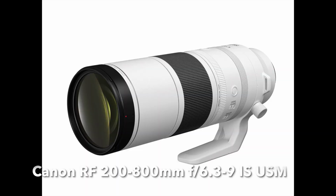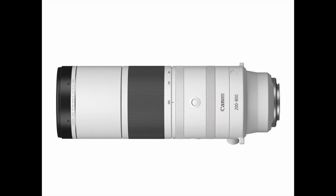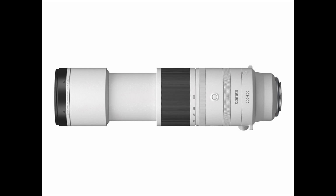And then the third release from Canon was this 200-800 that might get a few ones excited for wildlife. It's a lot of reach. I am not sure you can pair it with any teleconverter, but 200-800, it's already a lot of reach. The only thing that I wouldn't like that much for that glass is that it's extending, and so internal zooming